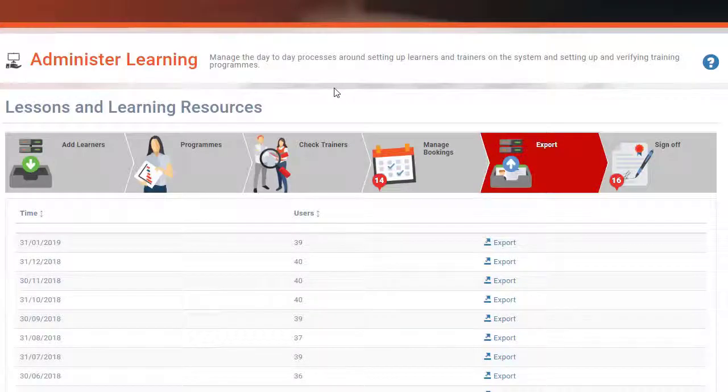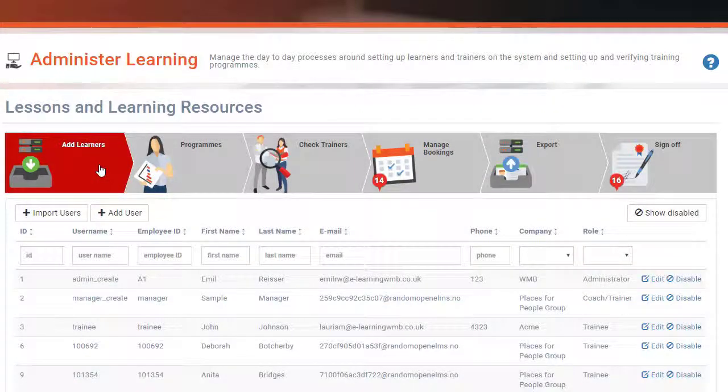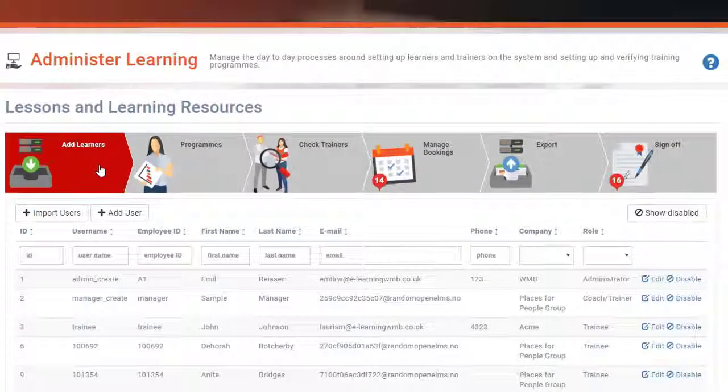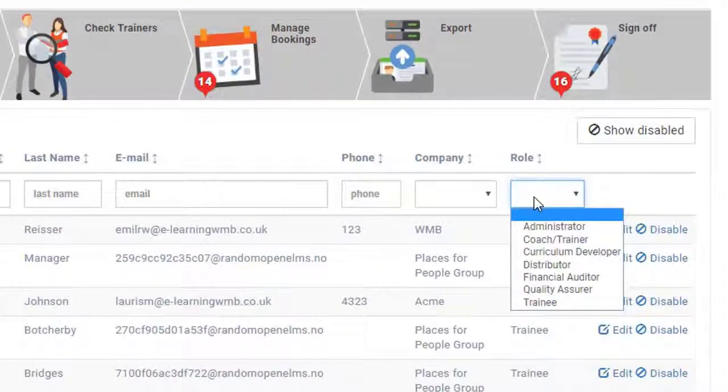In accordance with the user-centered design, the Managed Learning section is unique for each role. The Super Administrator's Managed Learning screen is as below. Add Learners. From this screen, the Super Administrator can add any users, apprentices, coaches and trainers, fellow administrators, quality assurers,